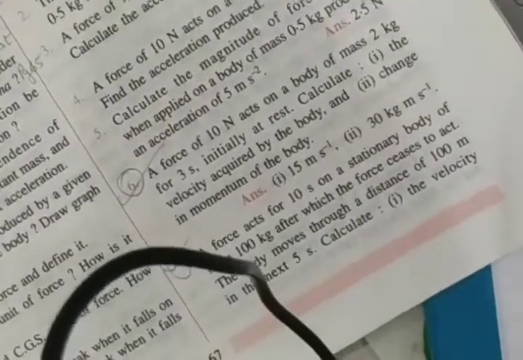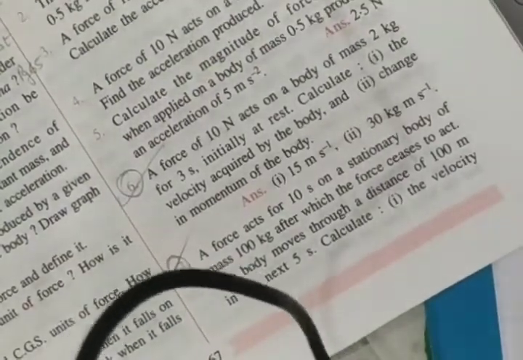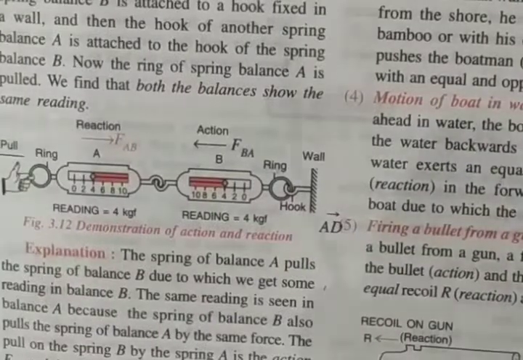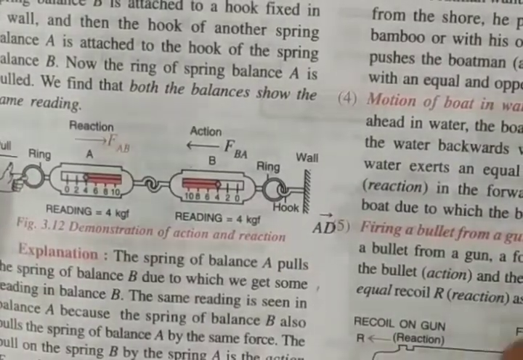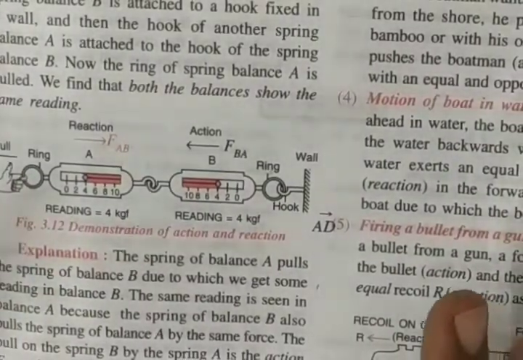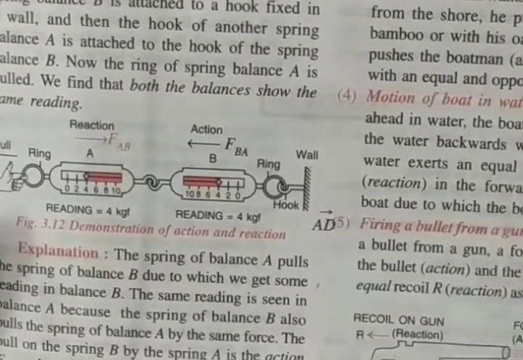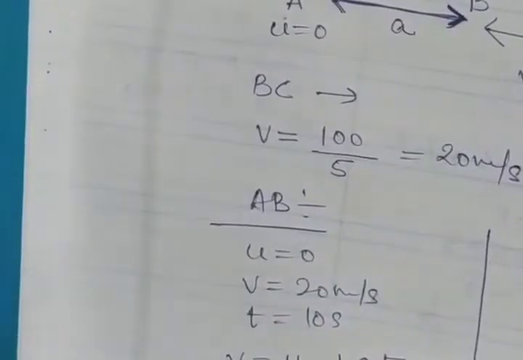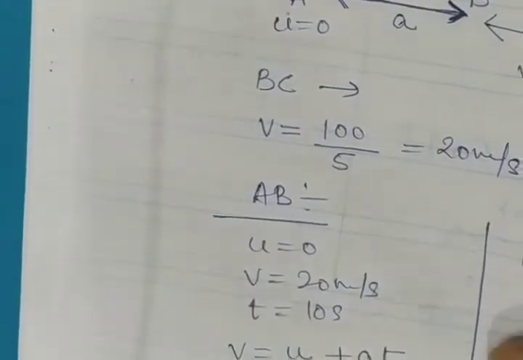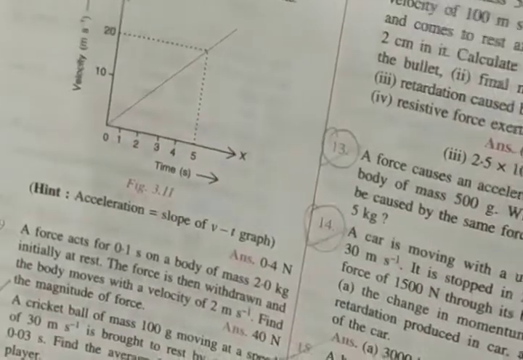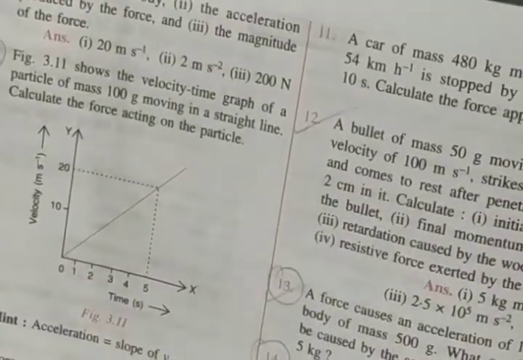You have to read. This is the only trick to solve any numerical in the current situations, or maybe when you're preparing for IITs or anything. Read the numerical again and again, and the question itself has got the solutions, right? The problem itself has got the solutions. So just find out the solution. The hints are all given in the question itself. Fine. So let us see another example, another question.